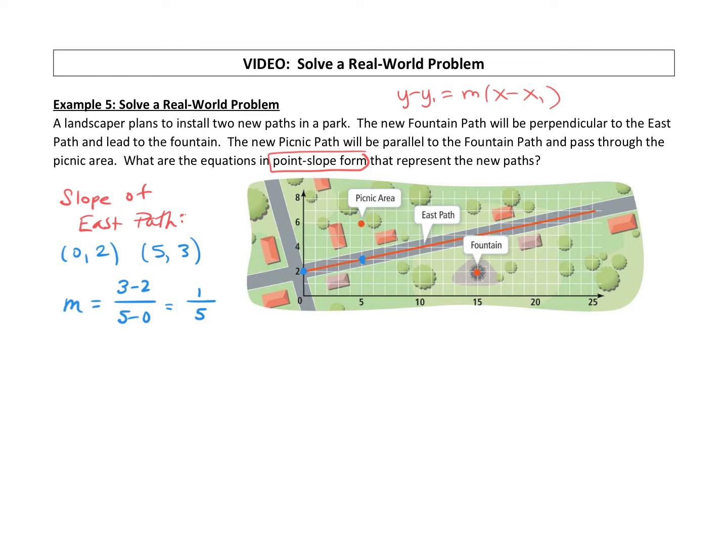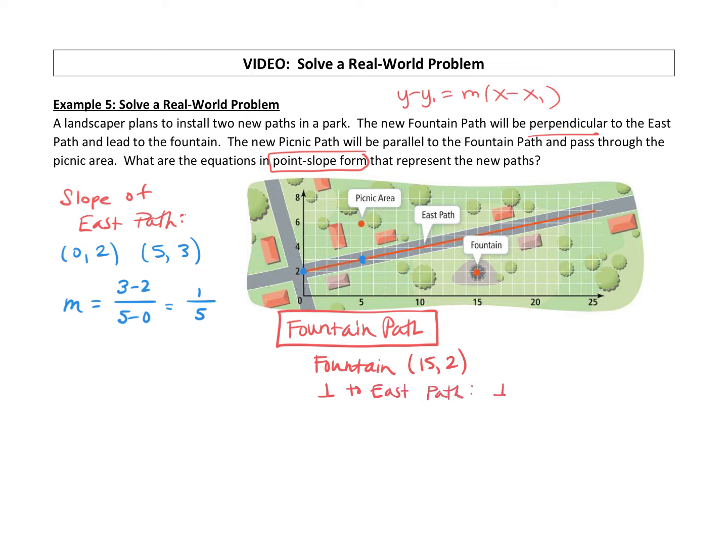Now, let's write an equation for the fountain path. So in order to write an equation of the fountain path, we do want to know the coordinates of the fountain. So if we look, the fountain is right here. That is 15 for the x, 2 for the y. So it has the ordered pair (15, 2). And then they told us that this path will be perpendicular to the east path. So here's my upside down T, my perpendicular symbol. So perpendicular to the east path,